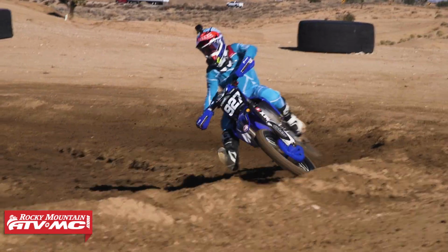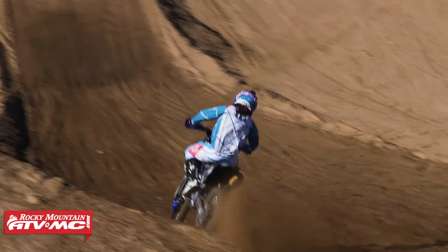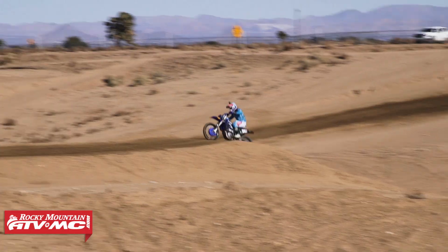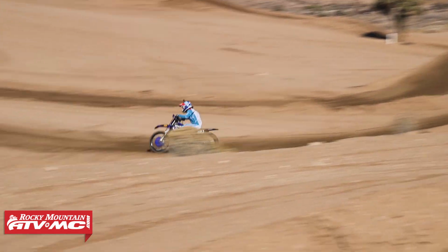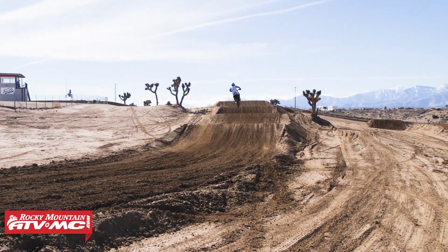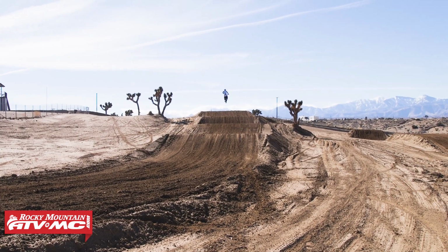The only difference is this is a polycarbonate shell construction versus carbon fiber, but it's a really cool helmet. It's very comfortable. It's nice and lightweight. You're just over 3 pounds in a size large. Big eye port. But what's cool about this, a couple unique features, is that on the inside of the GP,